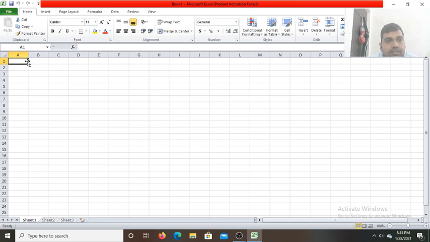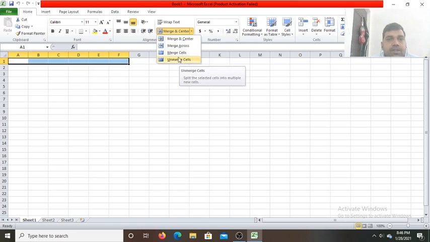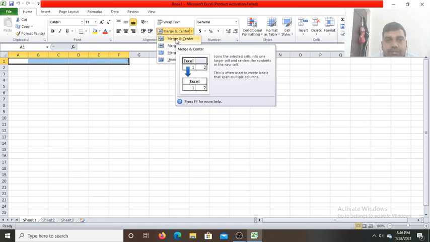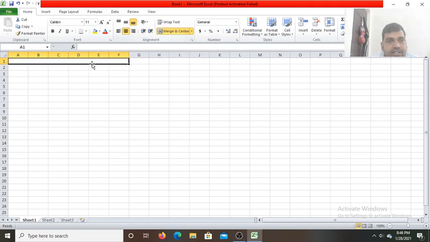Now see here, if you want to merge six cells, first you have to select the cells. See here, six cells we have selected. Now if you want to merge them into a single cell, means six columns merged into a single column, go to the alignment group and find merge and center. Click on the drop-down arrow. Here you find merge and center, merge across, merge cells, unmerge cells. If you click on merge and center, it will merge the cells, and whatever text you write inside this cell will be placed horizontally in the center. So now we have taken merge and center. Now see it is merged.